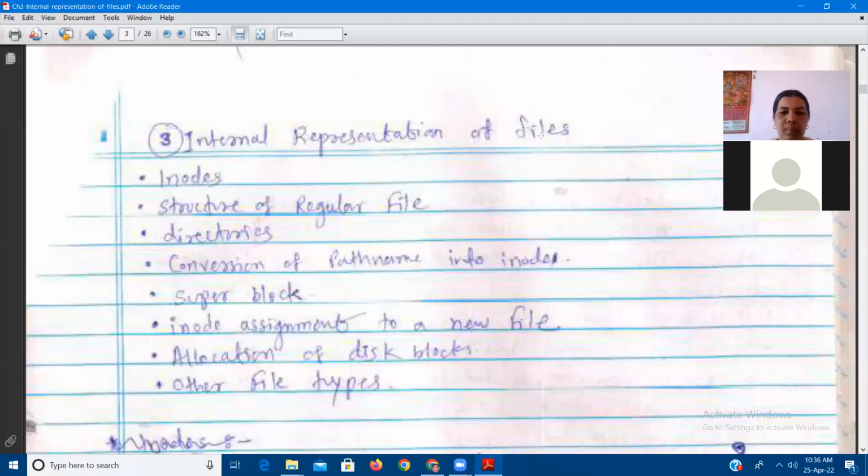All the students, note down the points which we are going to discuss as a part of this third chapter. The name of the third chapter is internal representation of files. The points covered will be,